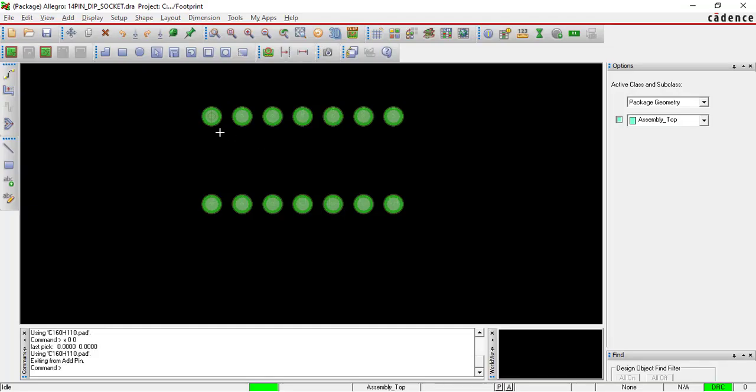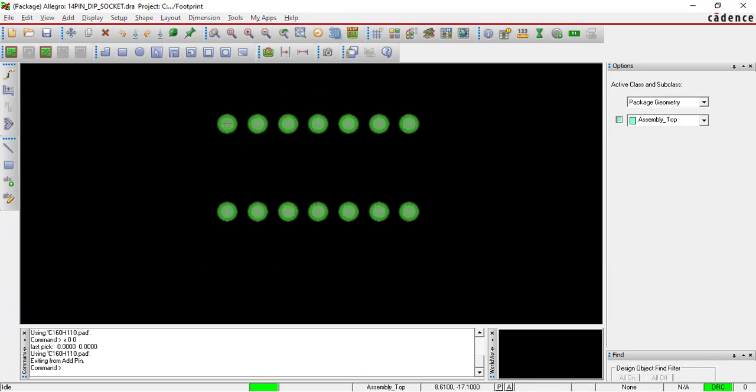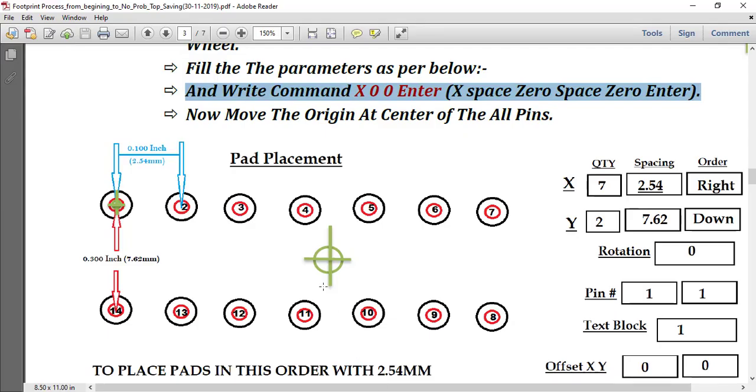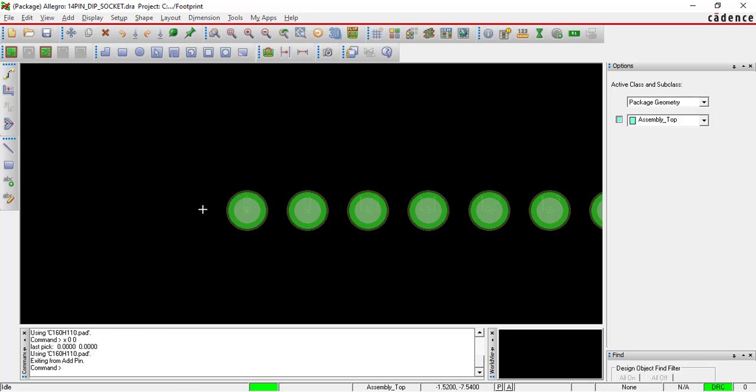Right now we have to change the pin numbering, because in ICs, see our ICs, pin 1 starts here and pin 14 is there, but here we have to rewrite it. So how do we rewrite it?